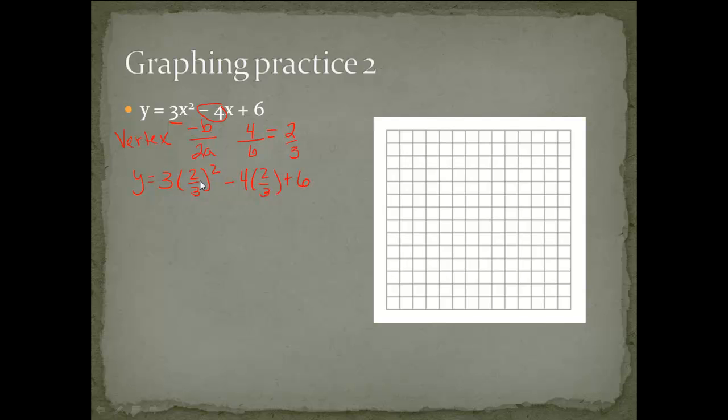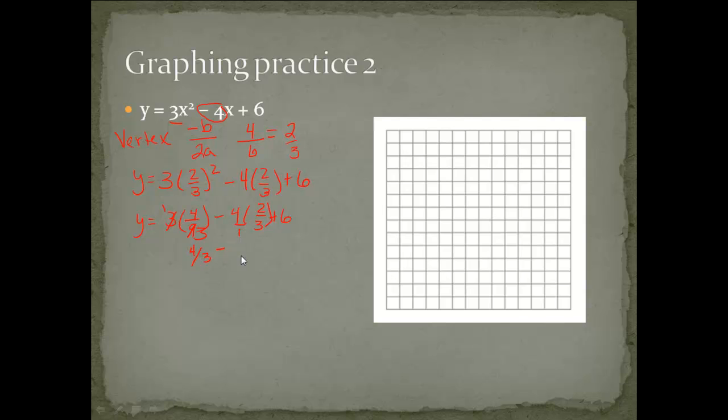I do my order of operations, so I square the 2/3, which is going to be 4 over 9. And then I can do my multiplication. Well, before I multiply, I'm going to reduce, just to simplify it, to a 3 and a 1. So I end up with 4/3